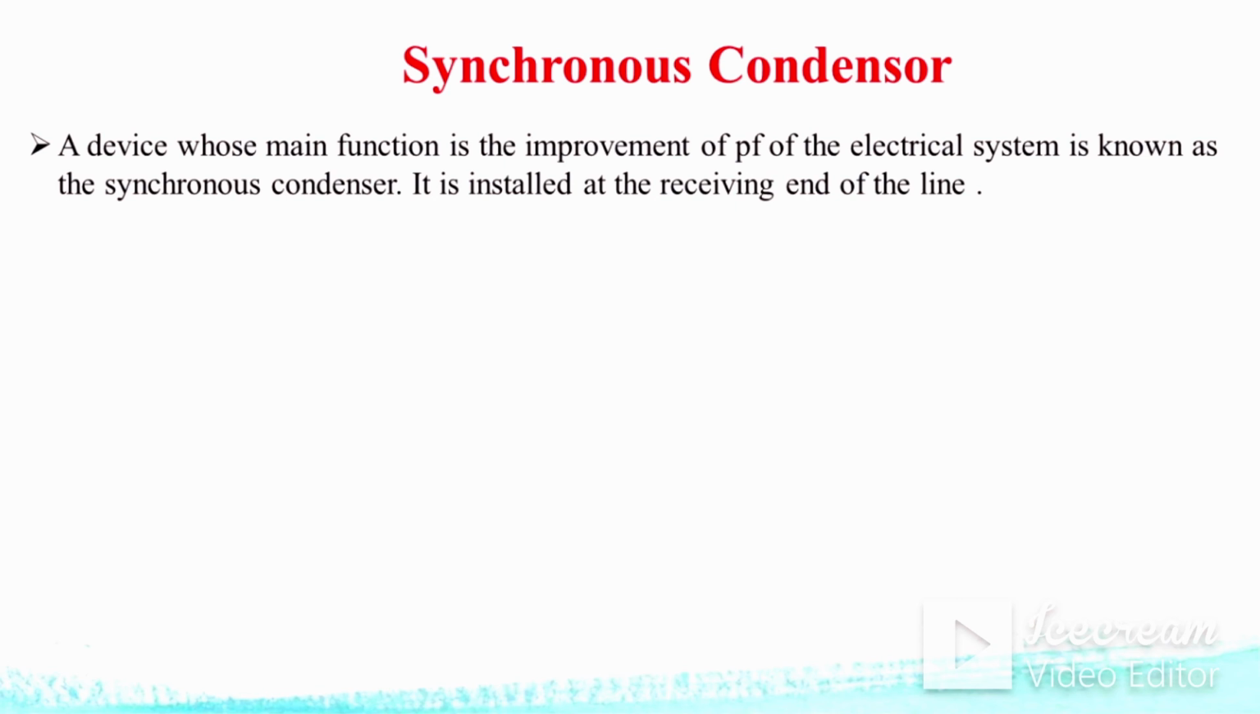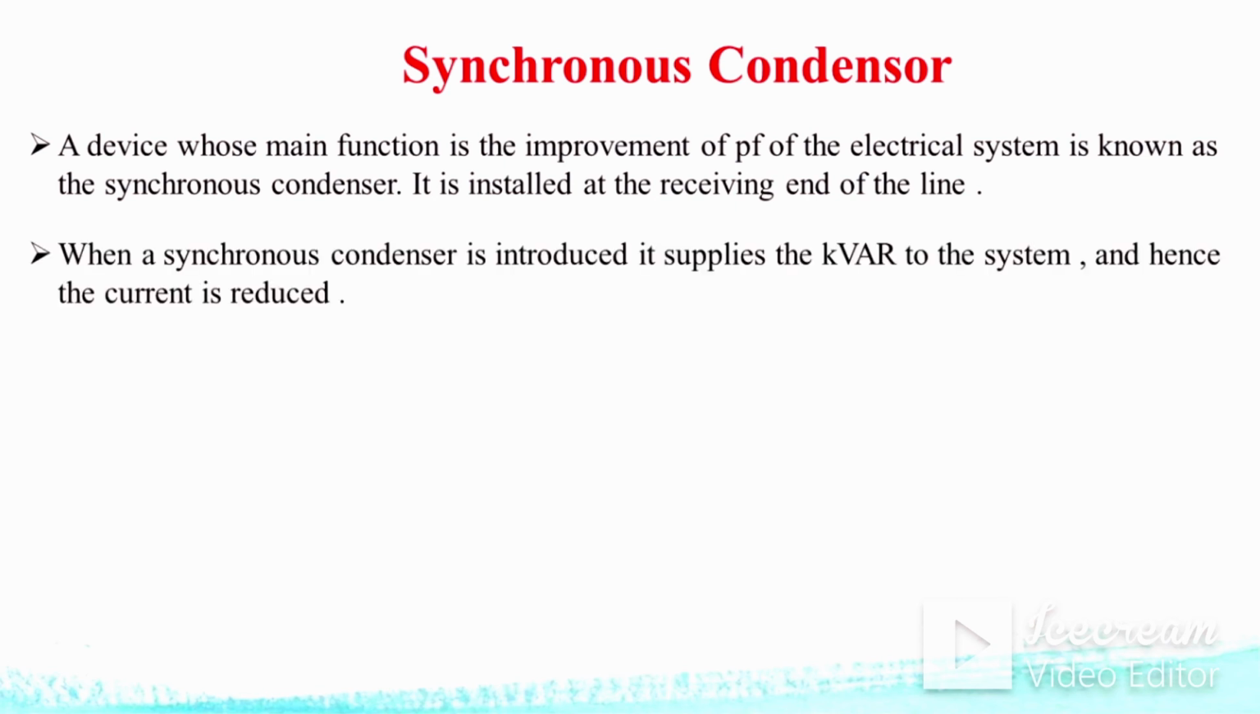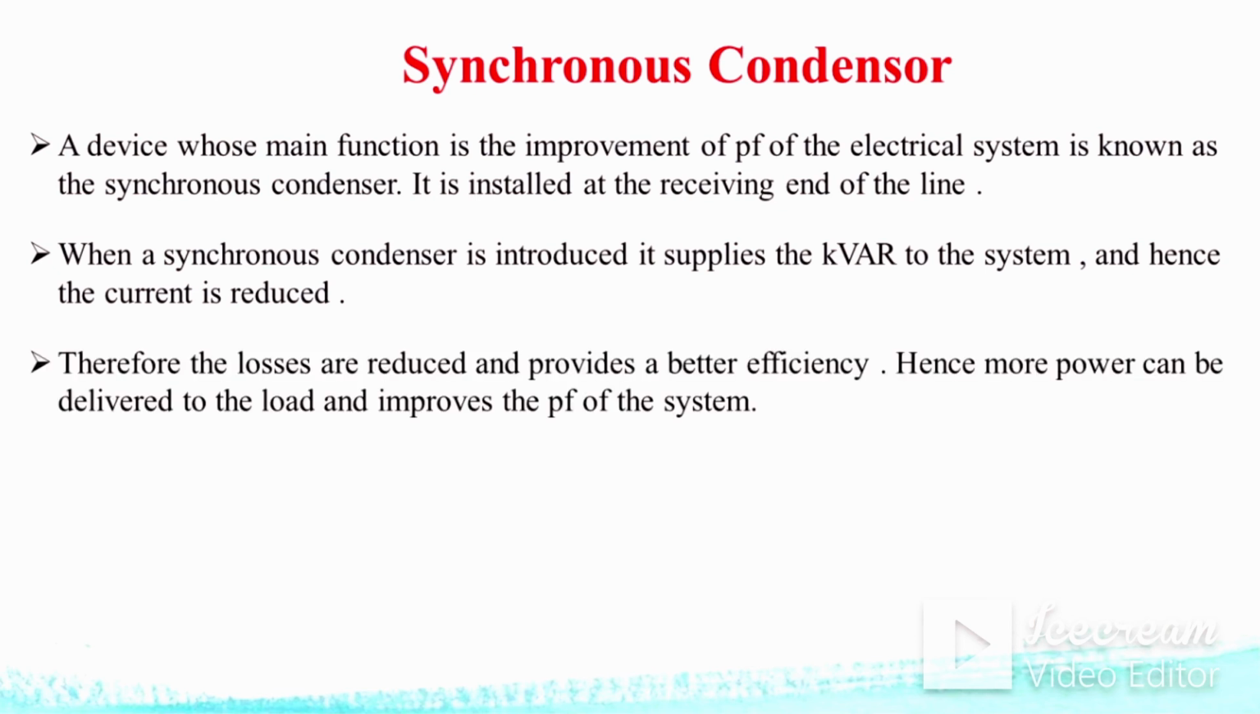And it is installed at the receiving end of the line. So when the condenser is introduced, it supplies the kilovolt ampere reactive power, that is the reactive power, to the system, and hence the current requirement in the network is reduced. And when the current requirement is reduced, your I square R losses are reduced. So therefore the losses are reduced, and it gives you better efficiency and more power, that is more active